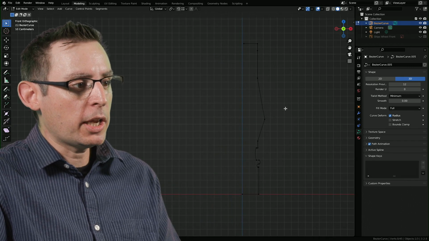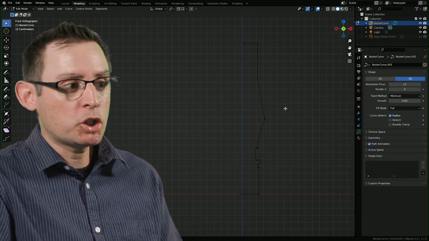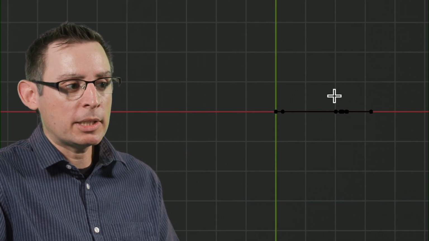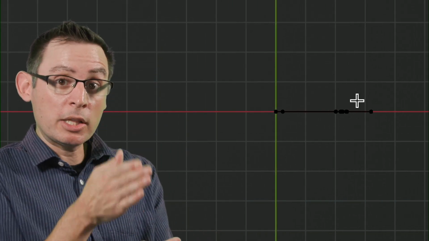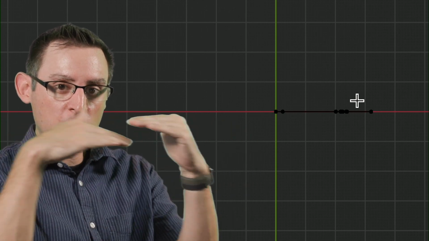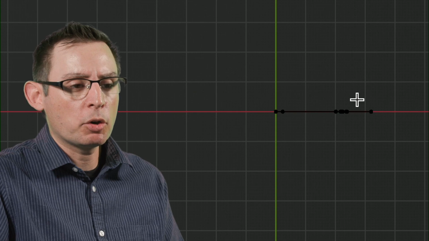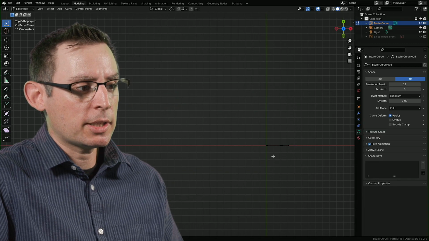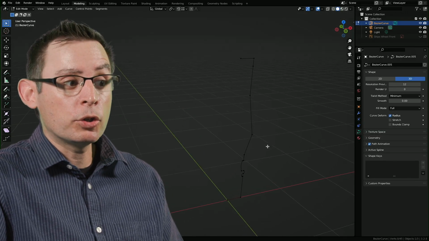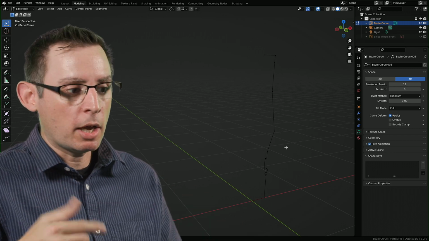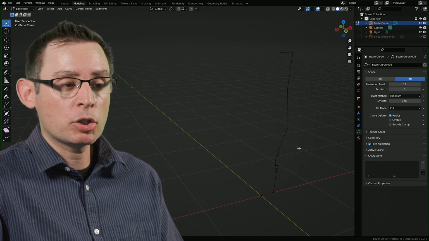Now from the front here, looks good, but we want to double check. I'm going to look at my scene from the top, and yeah, that's what I'm expecting and hoping to see. All the dots that create that profile shape are in a perfectly straight line. They're on a plane. If yours are not, just grab them, snap them to the grid. We want them to look just like this. That way, when we add what's called the screw modifier into the mix here, everything is going to be transformed into a piece of 3D geometry correctly.